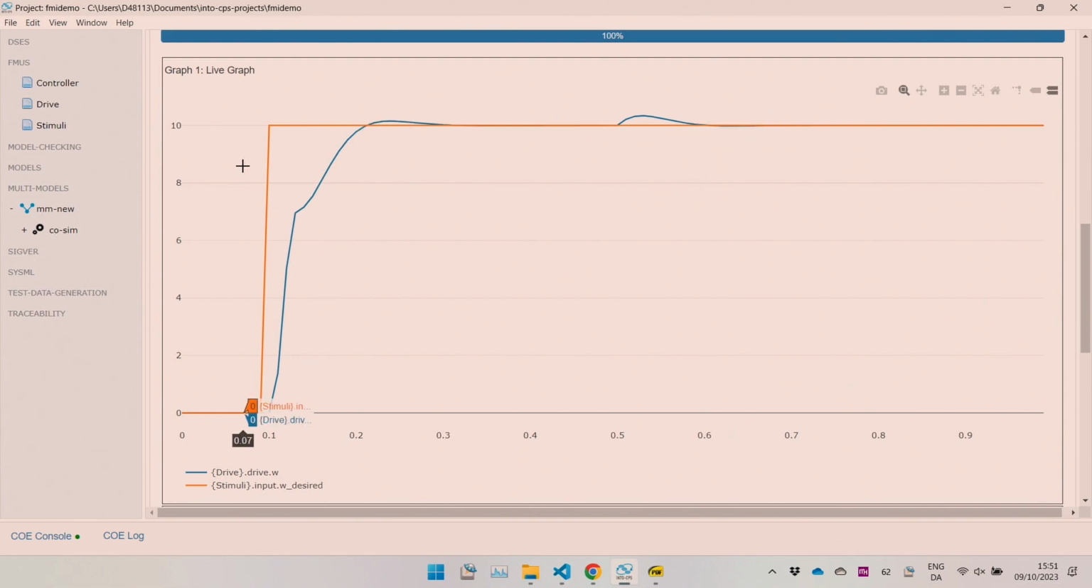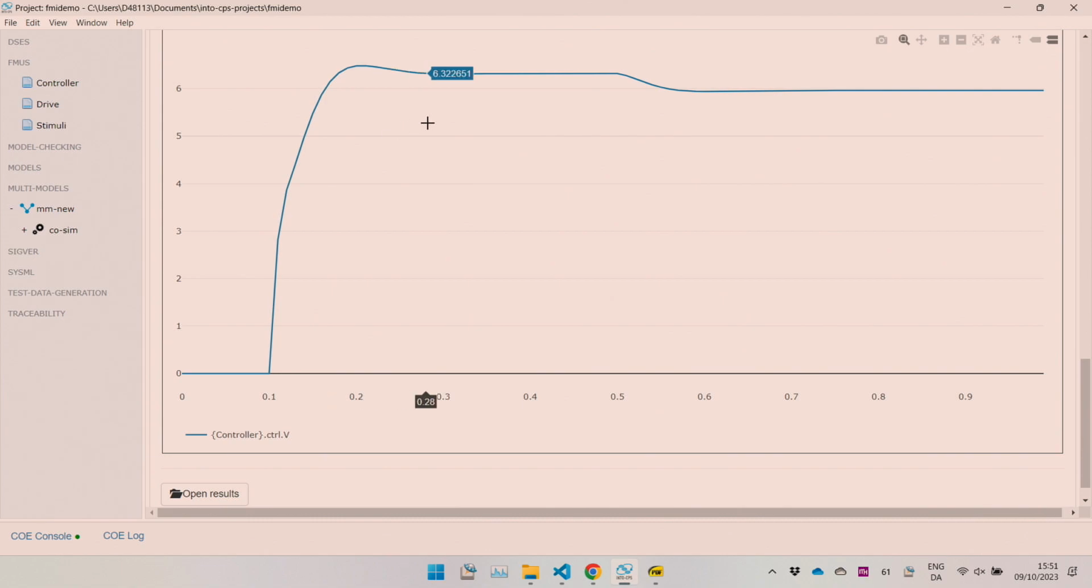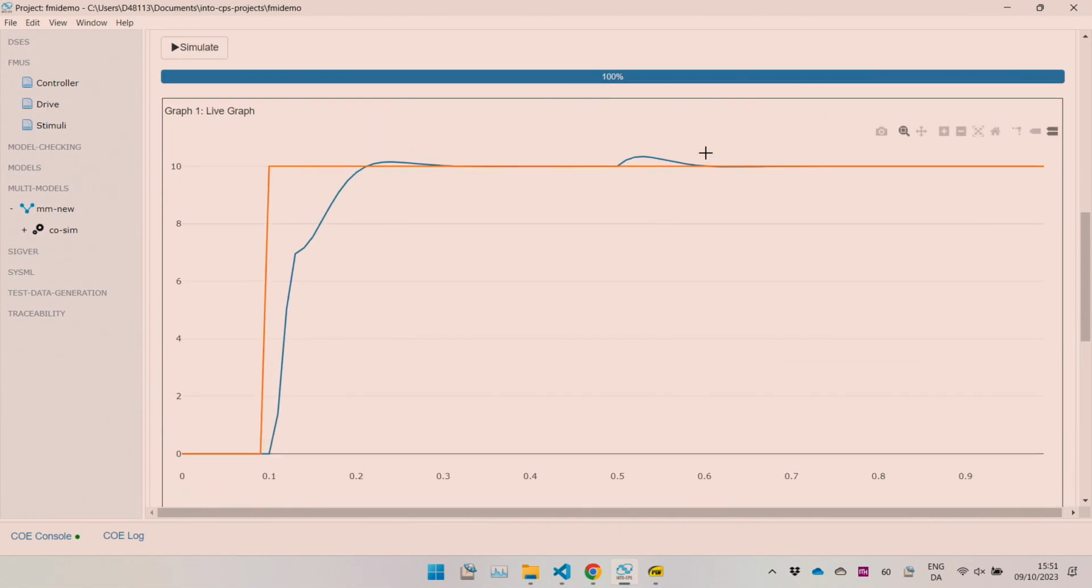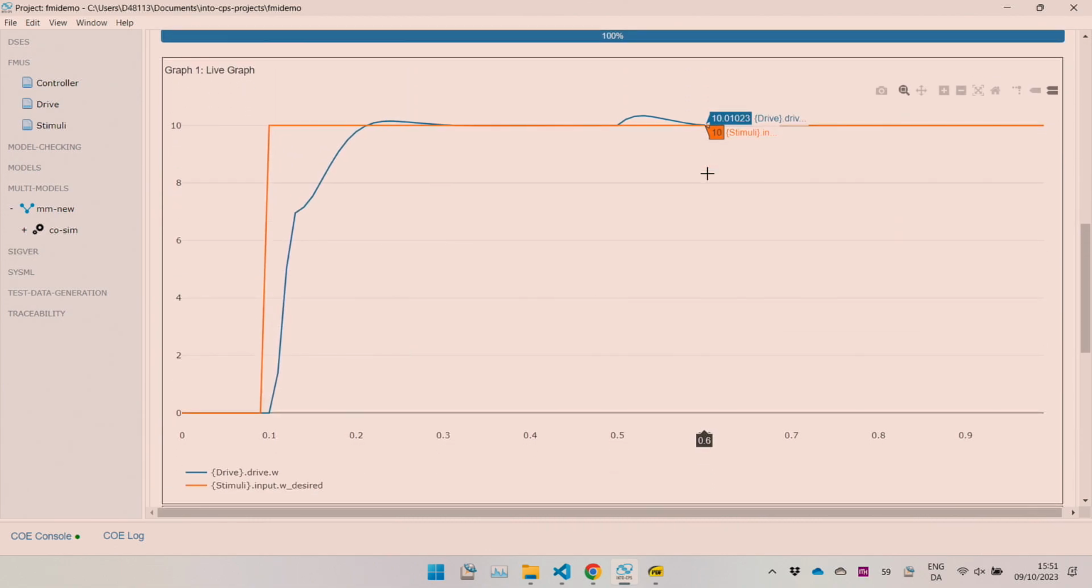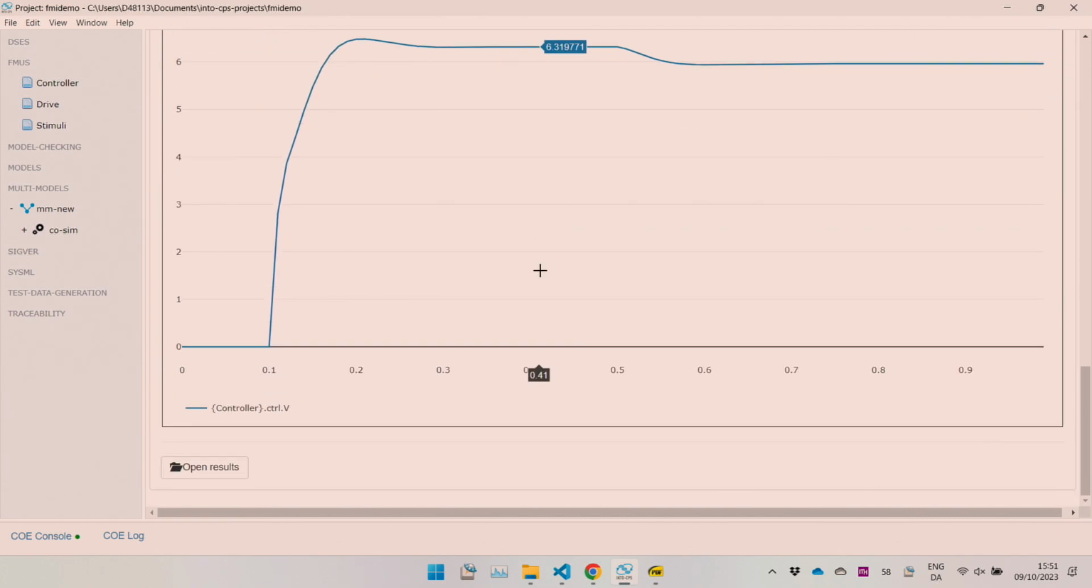Yes. Here you can see the two variables. That's the first plot. The second plot is the controller output. So we've run our first co-simulation involving two FMUs with no headaches. You can open the results,